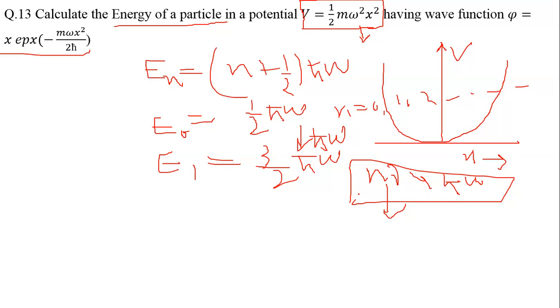It has energy, so it is also known as zero point energy. So it is half h cross omega, and E1 is 3 by 2 h cross omega, then 5 by 2 h cross omega, like that. So here we want to calculate the same energy, but by using the wave function. When you calculate the expectation value of energy, we need